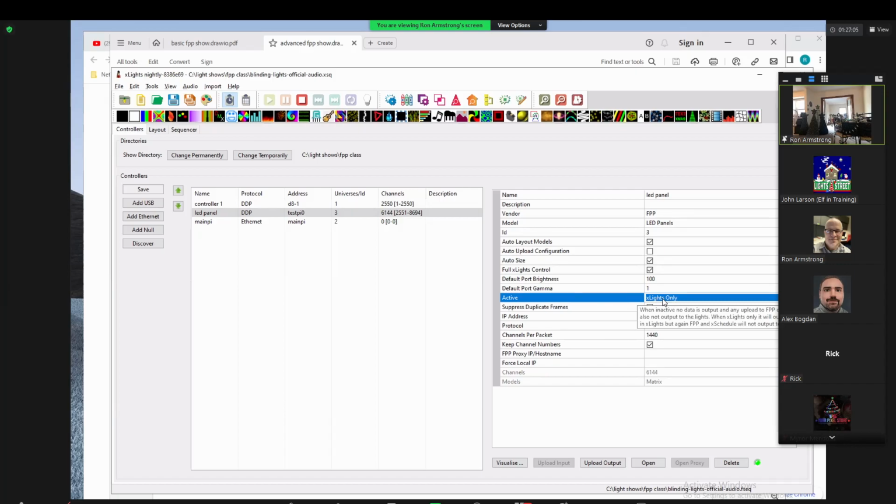So for an FPP remote, or if it's your FPP player / controller combination, it needs to be set to xLights only. Because when we get to the FPP Connect Upload utility, it's going to configure your player to send data to your other controllers. And if this were set to active, it would play the local sequence and also receive data over